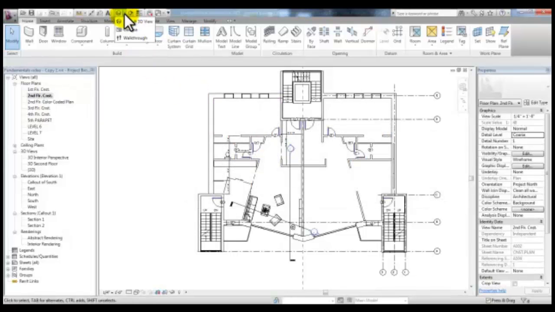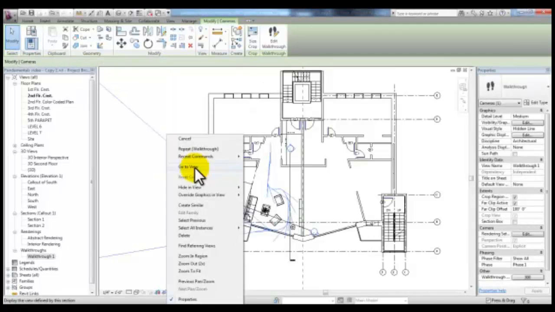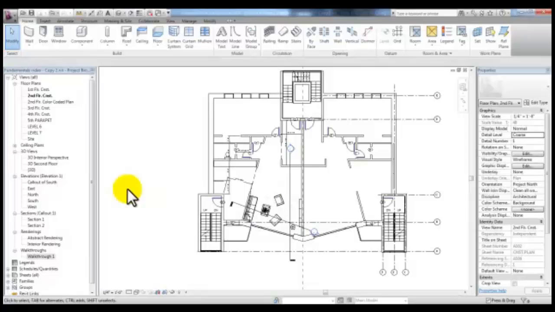Here by the 3D view icon under the camera, you'll see walkthrough. The offset is 5'6". We're creating a walkthrough on the second floor. As you pick points, you're establishing where the camera view is. You can turn corners, and when you're done, pick Finish Walkthrough. If you right-click, you can go to the walkthrough view,